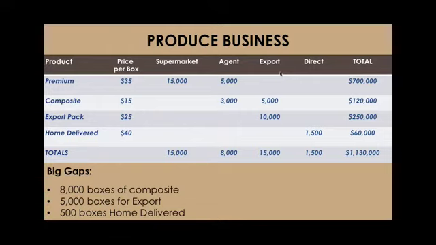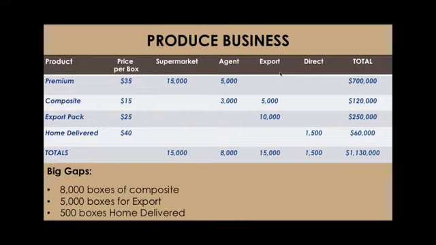Because now you can sit down and say, righto, let's have a discussion with our agents about selling that additional 3,000 boxes of composite to them. Let's go and talk to some export customers who like to take composite and see if we can't lift what they would normally buy from us, because maybe it's a product we don't normally have. So composite, for those you don't know, is a lower quality product. Let's have $5,000. Let's go and talk to one of our export partners about lifting, or find another export partner